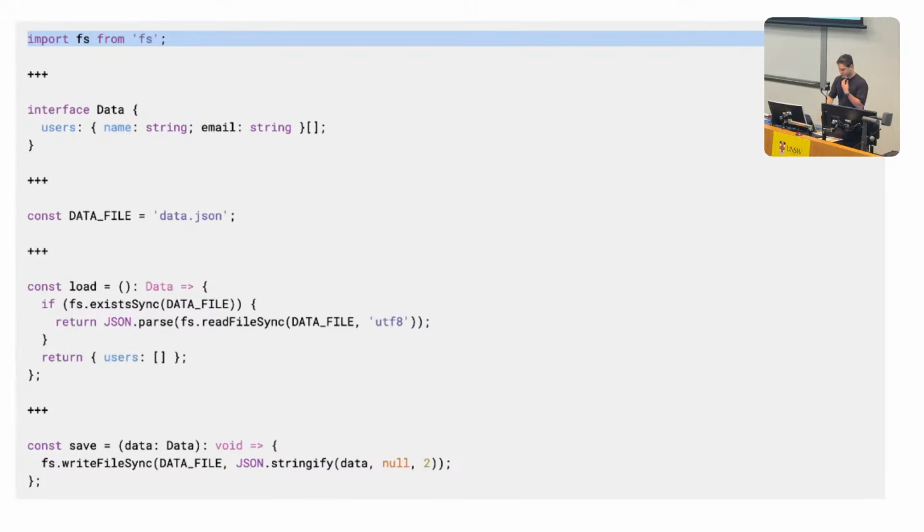Save is even simpler. You accept the data, which is in the type data. Data, remember, is an array of users. And it's very simple. We call fs write file. This is the writing function on the fs library, also in synchronous mode. The first parameter is the location on disk in which we will write to. That makes sense, yeah? So that's also that data file. And we will write